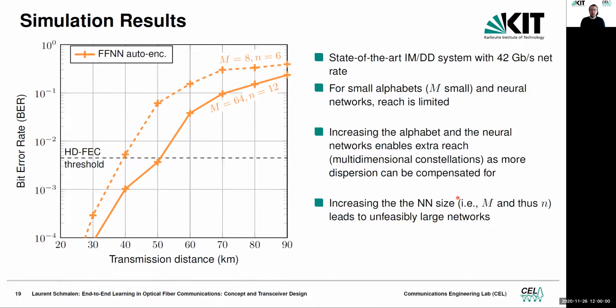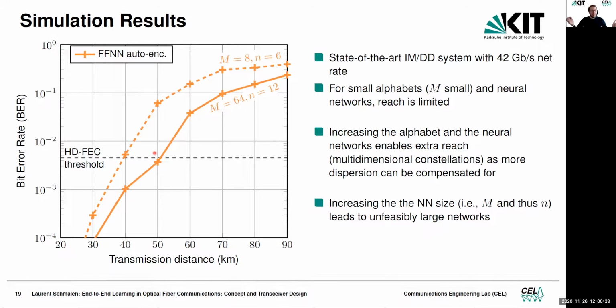We have different configurations of our networks. The first is with M input symbols, so 3 bits mapped to 6 waveform samples. And this is in the oversampled domain. It's not that there is some coding inside, it's just being oversampled. We see that we are limited in our transmission distance to roughly 40 kilometers at the FEC threshold. What we can do is increase the size of those blocks to limit the effect of inter-block interference from chromatic dispersion. Then we can increase the transmission distance by 10 kilometers.